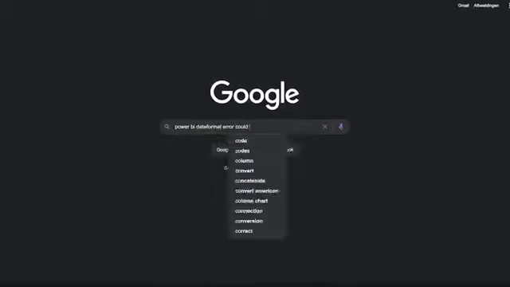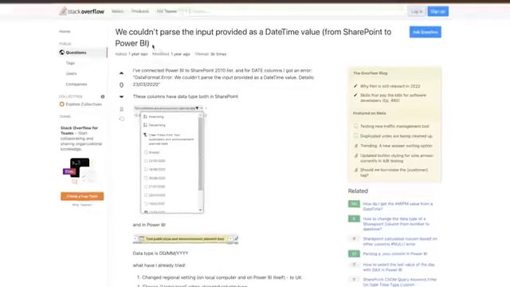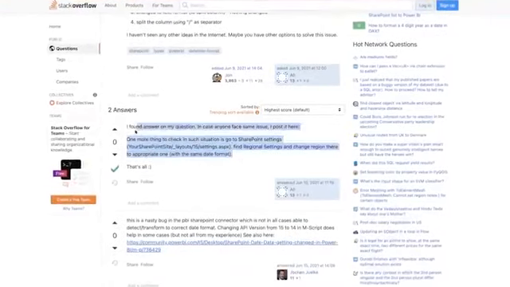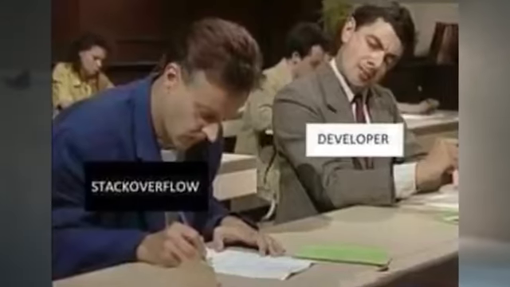You just have to copy part of the error message in Google, and you probably end up on some Stack Overflow site where someone explains exactly how to solve this error. Let's be honest, copying code from Stack Overflow is like 80% of any developer, programmer, or data analyst job.